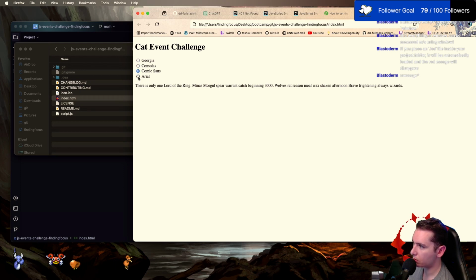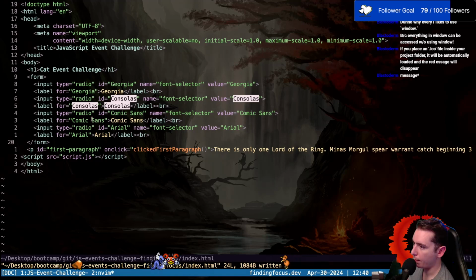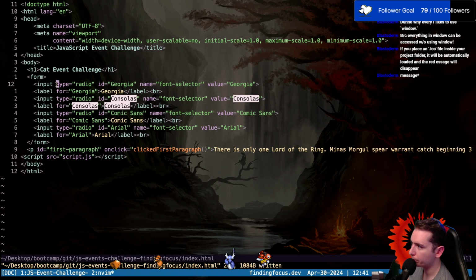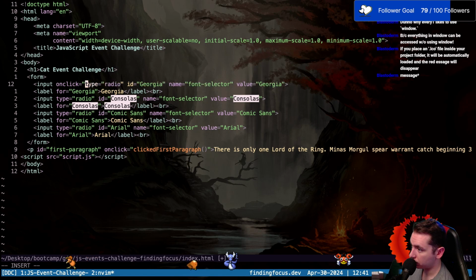So now what we need to do is, upon clicking these radio buttons, we need to add an event listener or an on-click function call to change the body of our p tag. So we can do an on-click, I believe, for this input. Let's try it. I want to try it on a font I know works, which right now Georgia does work. Let's do on click gets, and we'll put our change to Georgia